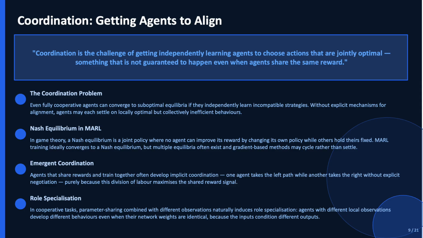A company developing multi-agent negotiation systems for B2B procurement found this directly. Two learning agents negotiating over price and delivery terms would often converge to an inefficient equilibrium where both were slightly dissatisfied, even though a Pareto better agreement, one that would have made both agents better off, existed and was reachable, but only if both agents simultaneously shifted strategy in a coordinated direction that individual gradient steps never produced.